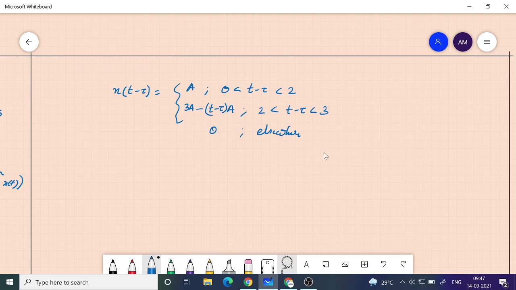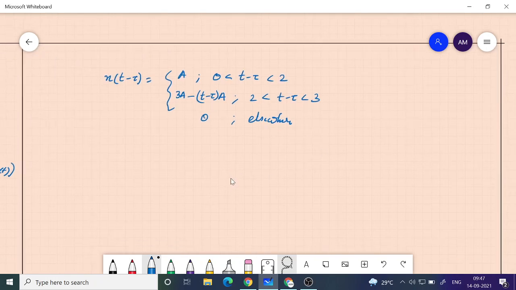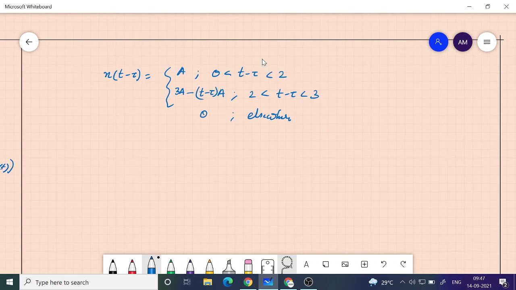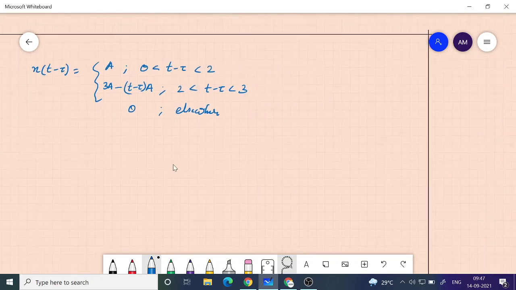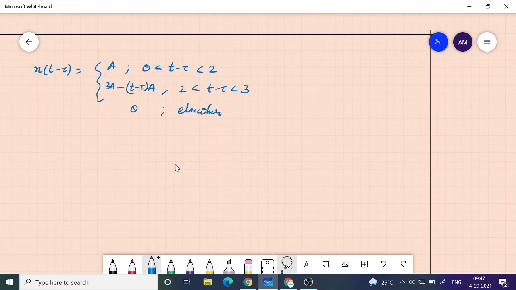Okay, so this is what we have. Now we need to do some conditioning. And what is it that you need to do? We need to express all the ranges in terms of t. So therefore, this is equal to,